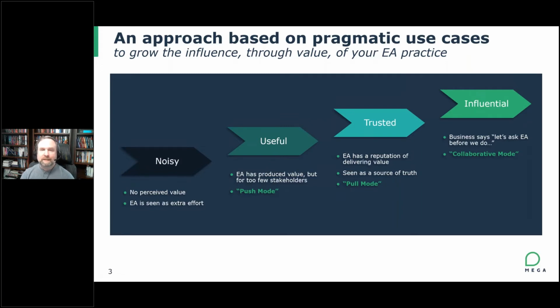As that expands and you obtain more and more stakeholders, perhaps offering more and different services, you gain a reputation of trusted. And this is where those different stakeholders are going to come to you, the EA practice, and say, hey, can you help me with this or that problem? I'm working on a business transformation, or I have a new solution. I need some help on technical guidance or what have you. You become trusted. We call that the pull mode. And then, of course, the ideal state is that as the executives and or the organization are planning for any level of transformation, they're going in to say, you know what, we really should work with the architecture practices to better understand the implications of the different ideas and or changes we're proposing. And that's where we would call it influential. It's really, truly collaborative at that point.